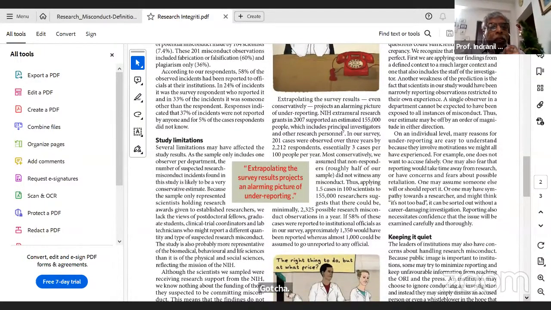Another thing, extrapolating the survey results projects an alarming picture of underreporting. That is, you see something like this. Like, if you know that typically, how do you do